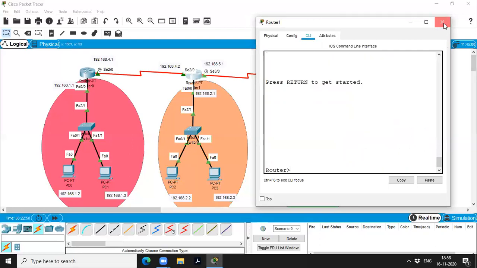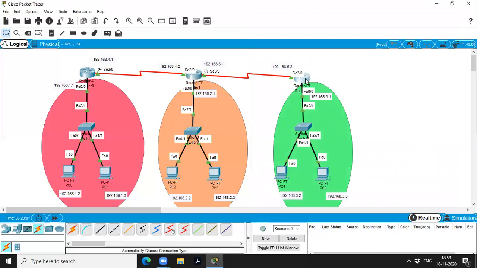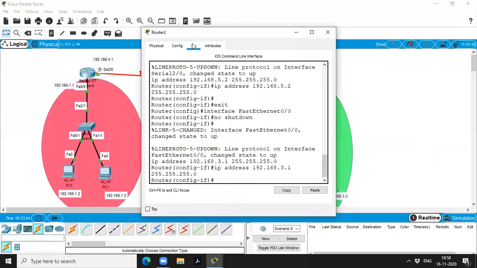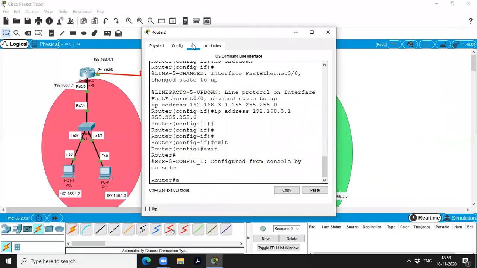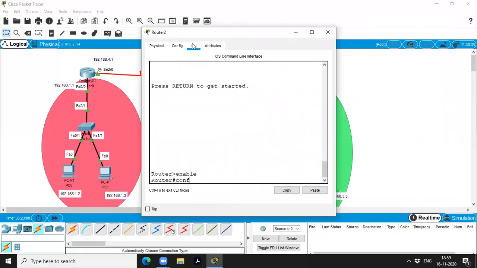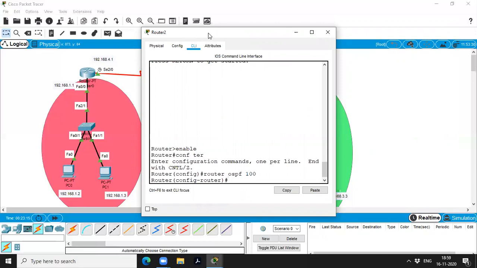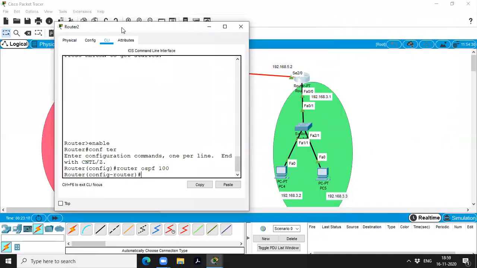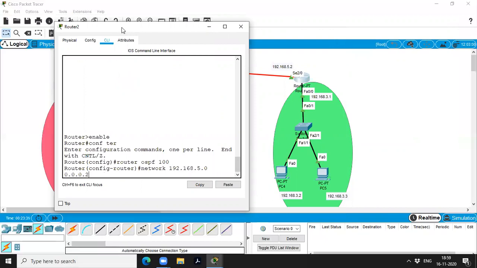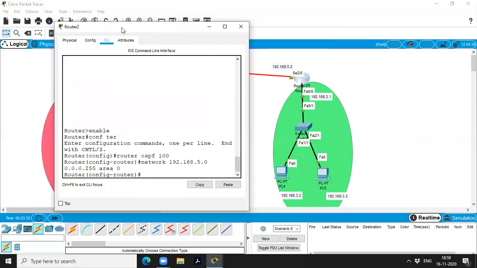Now I'm going to configure the third router. Go to CLI mode, exit, exit, exit, enable, configure terminal, router OSPF 100. This router is connected to two different networks. 192.168.5.0, then the wildcard mask is 0.0.0.255 and area belongs to 0.